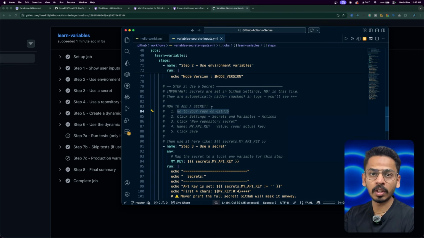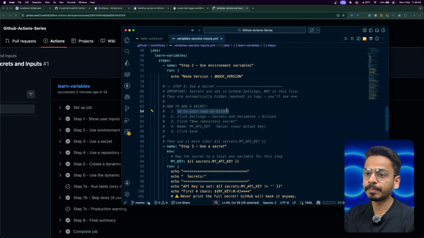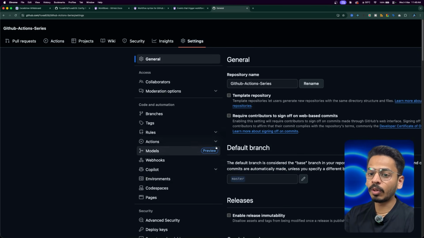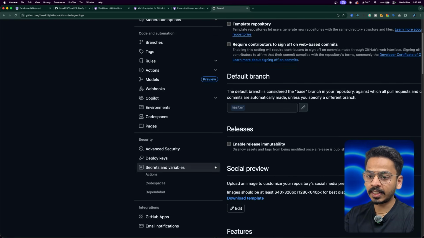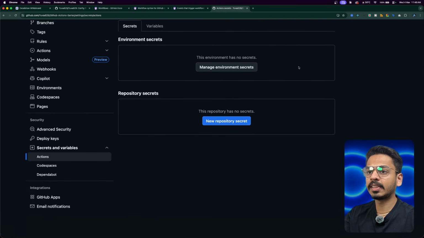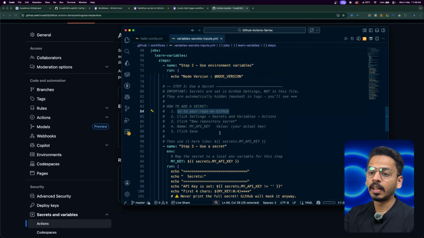First, go on to the GitHub repo. Okay, I am on my repo. Click on settings, secrets and variables, and actions. I'll click on settings, then I'll go to secrets and variables, and I'll go to actions. Okay, next, what is the step? The next step is to click on new repository secret,